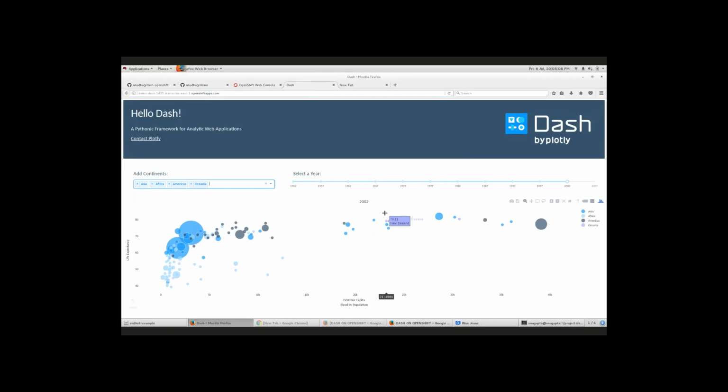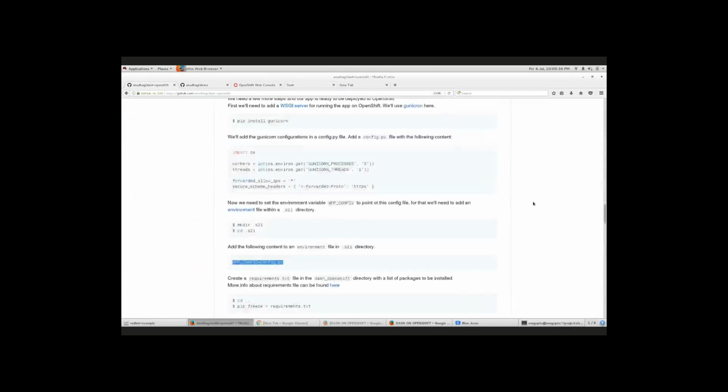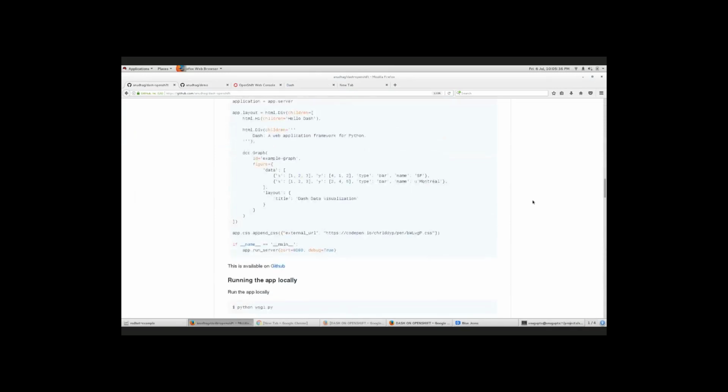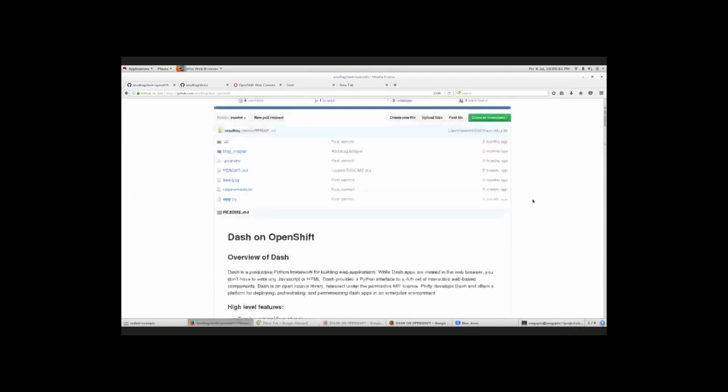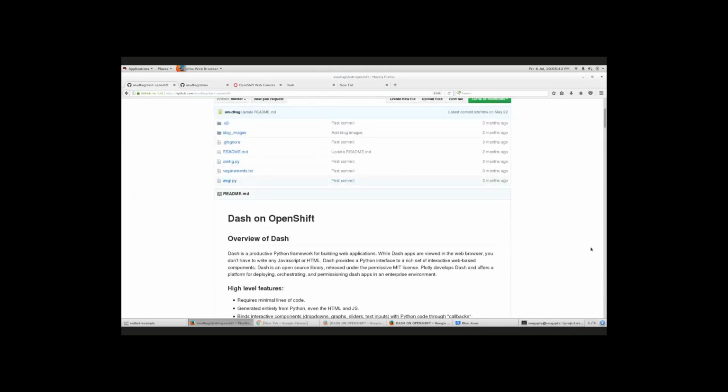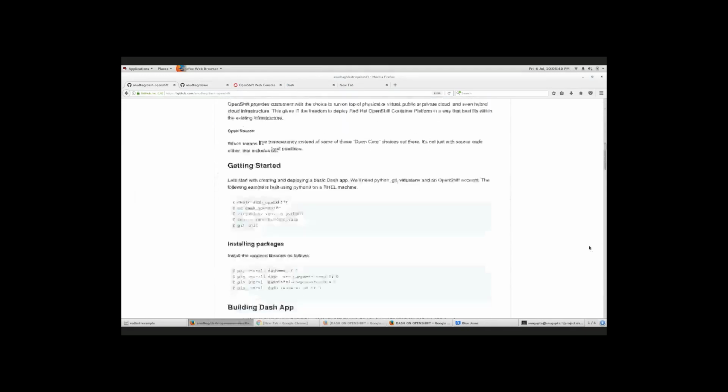Well, that was relatively, so it's that simple. Yeah, quite simple. So Anudha, this is all you had to do to get it up and running on OpenShift. And I think you showed there was some documentation you had with all those steps in your GitHub repo. Yeah, I already have a GitHub repo with all the steps for deploying Dash on OpenShift and a few sample